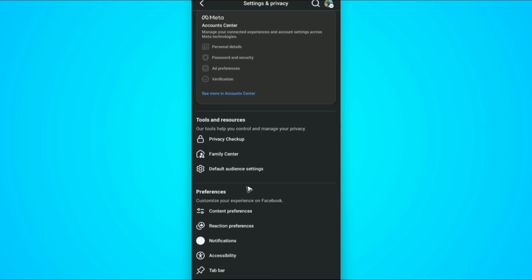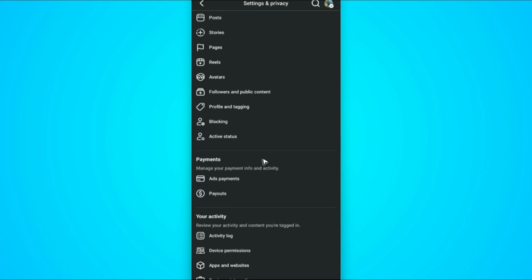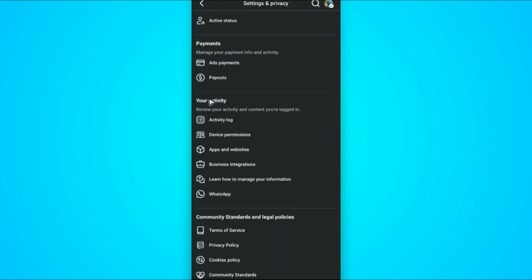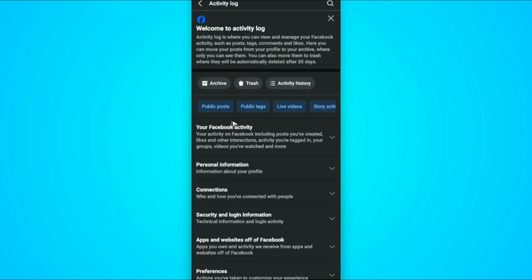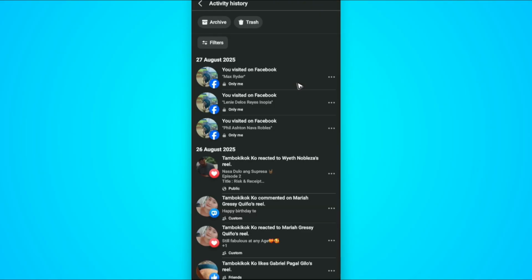Now, once it loads, you've got to scroll down and find the section your activity. Now in here, just tap on activity log. Tap on it. Now in here, just tap on activity history. Tap on it. Now in this section, just tap on filters. Tap